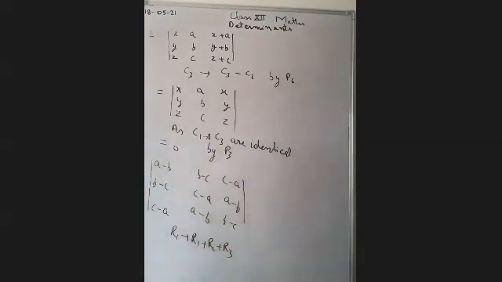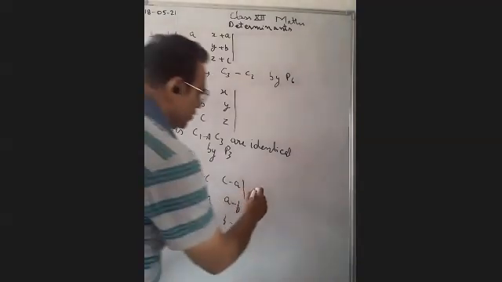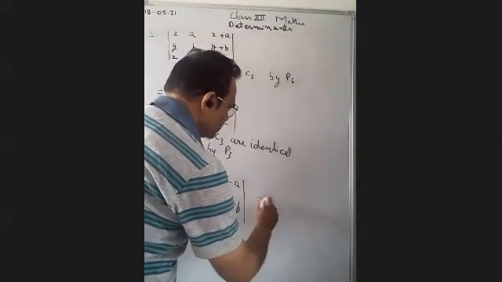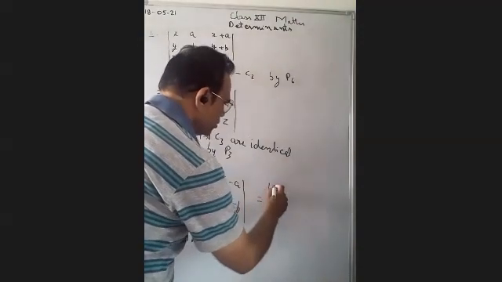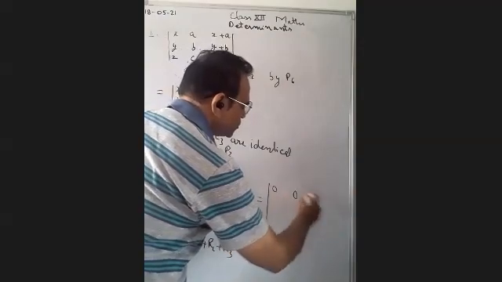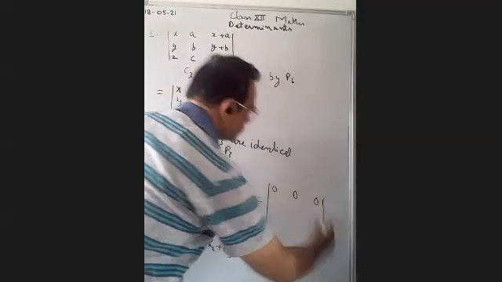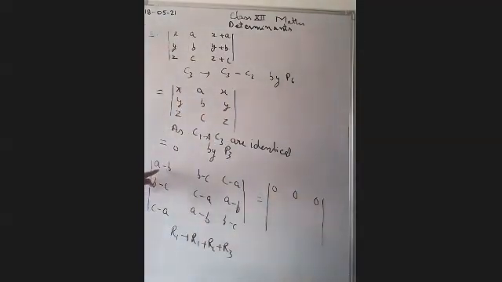हमने क्या अडॉप्ट किया है, तीनों रोज को वी आर एडिंग इन R1. If we add R1 plus R2 plus R3, what we will get? We will get equal to 0. It is also 0. देखो, if we add A minus B plus B minus C plus C minus A, C से C cancel, A से A cancel, B से B cancel. Similarly, all the terms will be equal to 0.